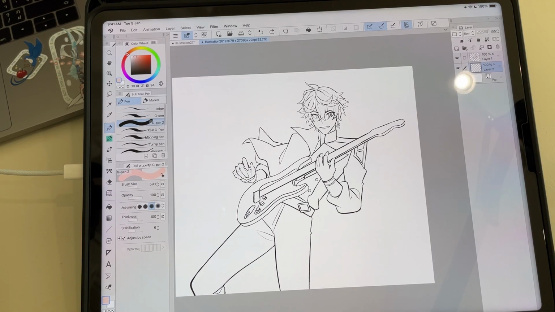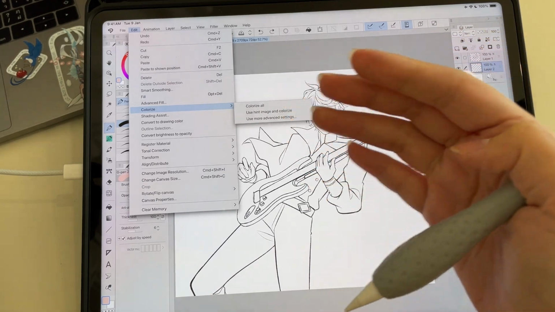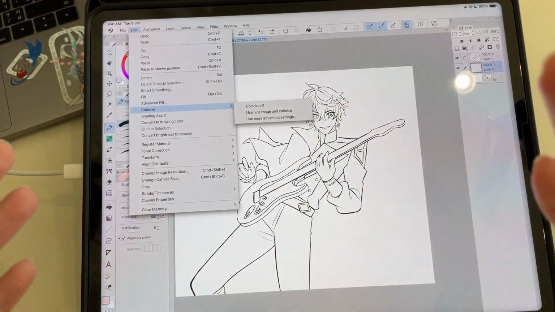And the final tip is Colorize. I'm mentioning it because I don't see a lot of people use it. I want to use it, but my art is very cel-shaded, and I think this would fit more with artists who do a lot of painting and blending. So what is Colorize? Colorize is Clip Studio Paint's AI, in the sense of artificial intelligence, where the program is processing something from what we input.